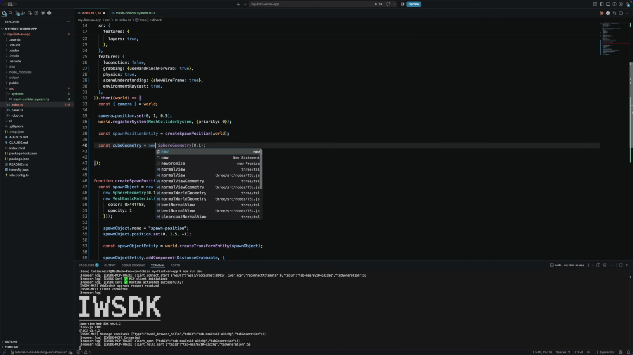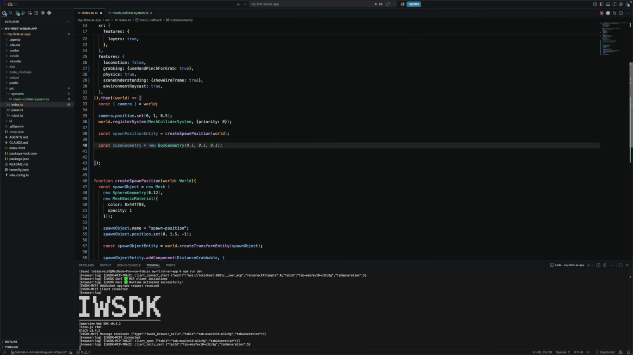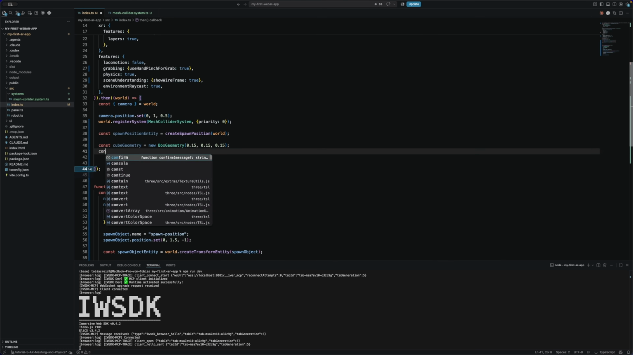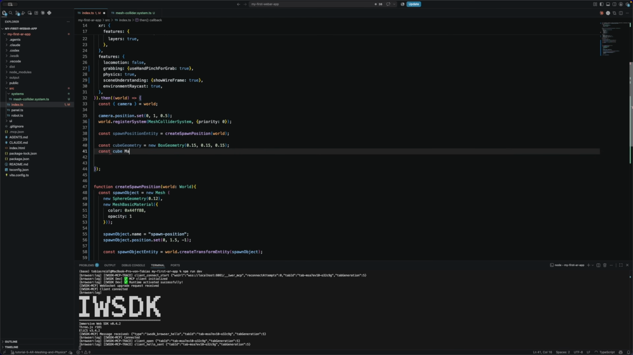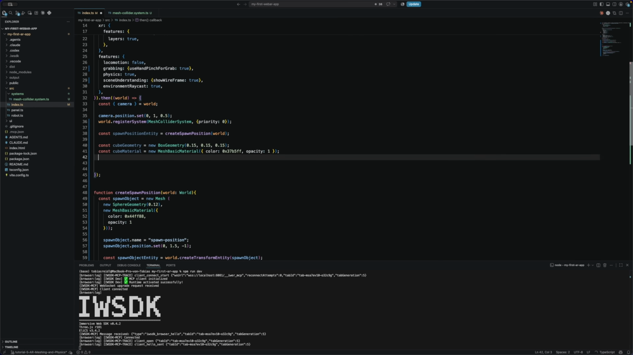And we can create a new box geometry, and we want to set the width, height, and the depth to 0.15, like this. And then we also create, of course, a new material, so the new cube material. And we make a new basic material, but we maybe set this to a different color here. For example, the 37B5FF. Like this. And we want to set the variable to cube spawned. So cubes